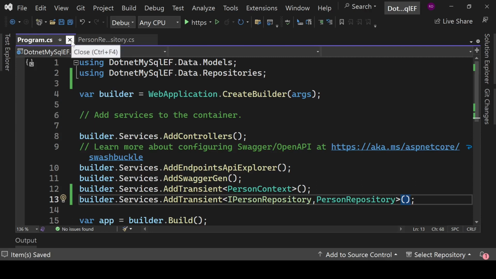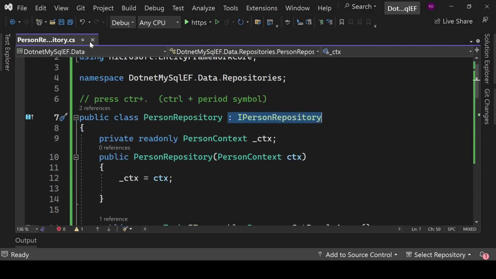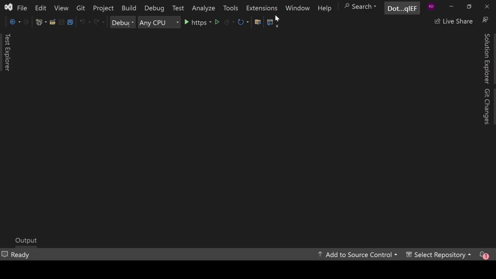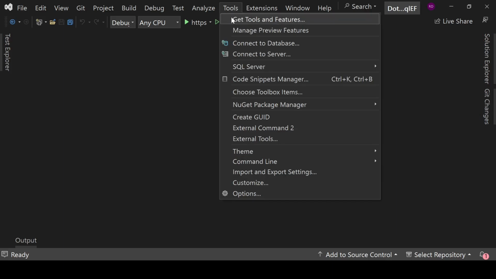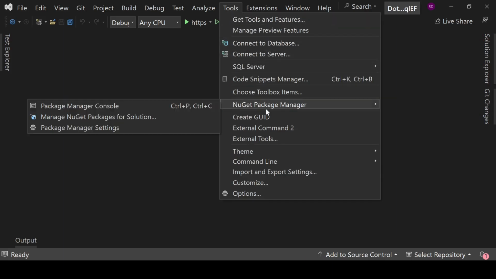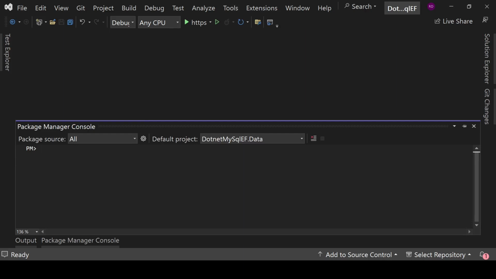Now we are fine. So what we will do now, so open the tools, go here in the NuGet package manager console, and here we will write add migration init, press enter,